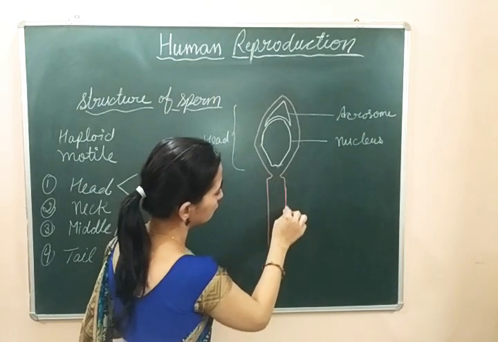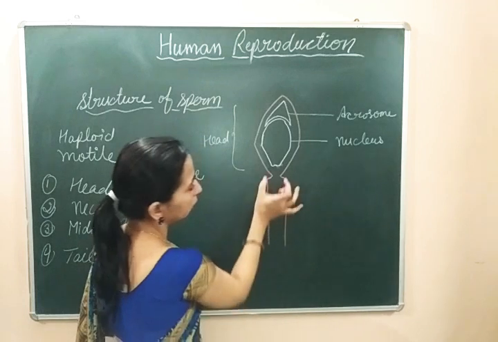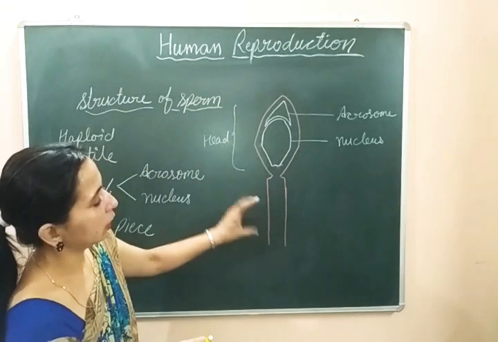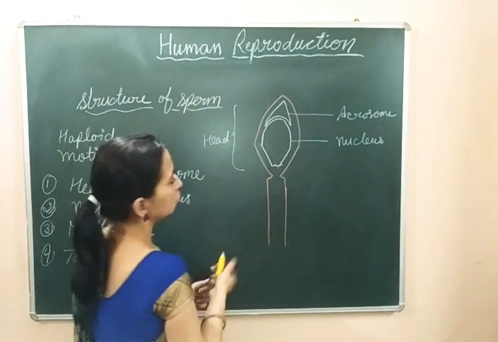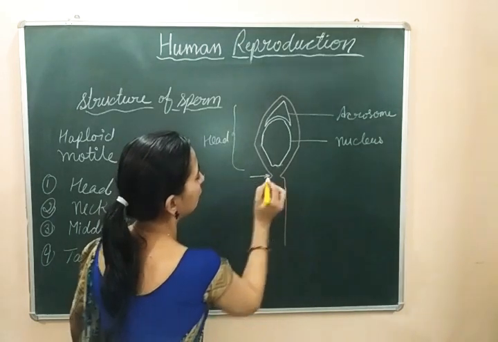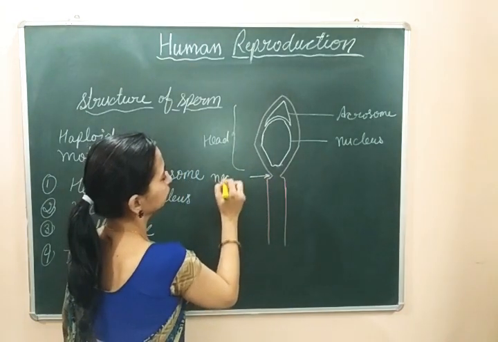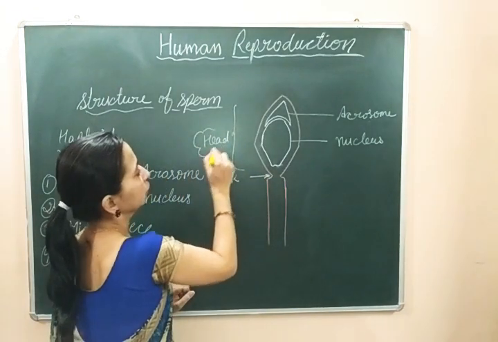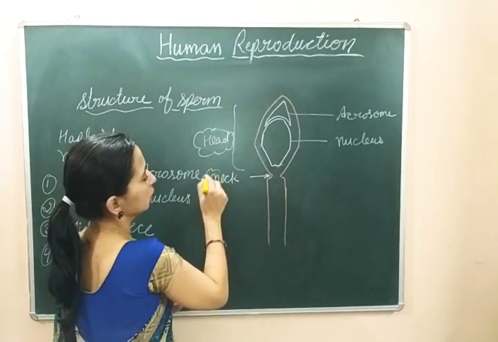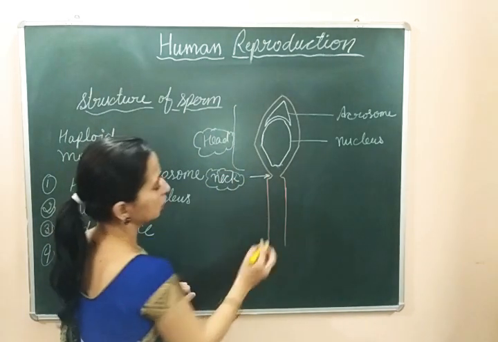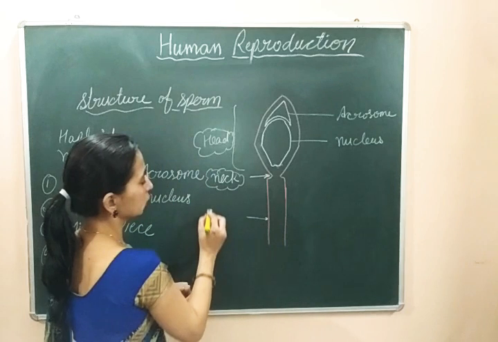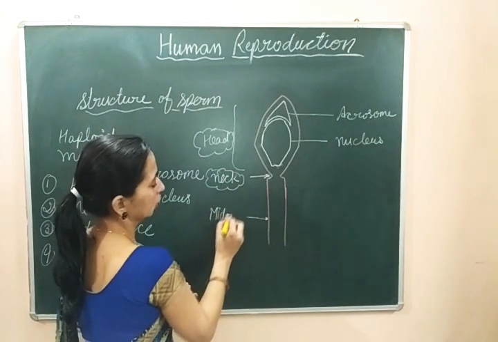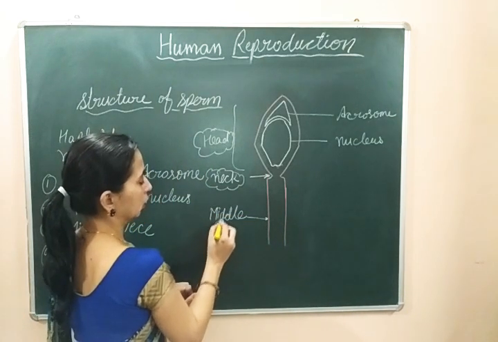नीचे वाला जो part होगा that is the second part, and the place between these two. This is head and this is the middle piece. जो बीच वाला part होगा that very small part, this part is the neck region. So this is the first part of this sperm, that is head. Second portion is the neck region and this third region is the middle piece.